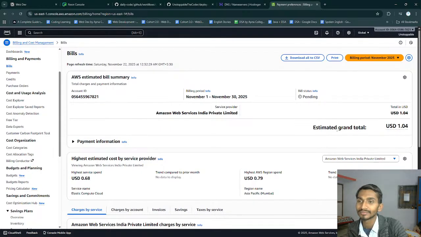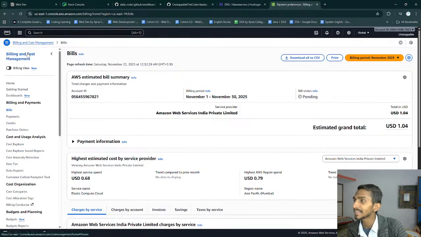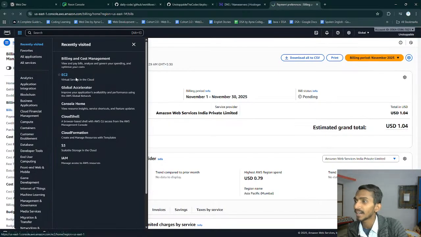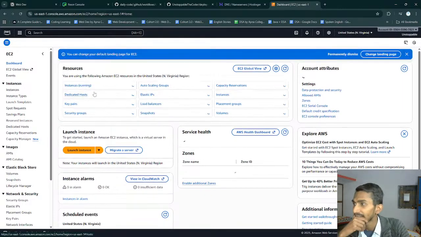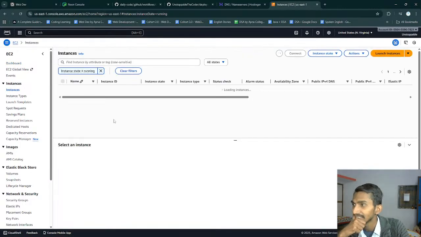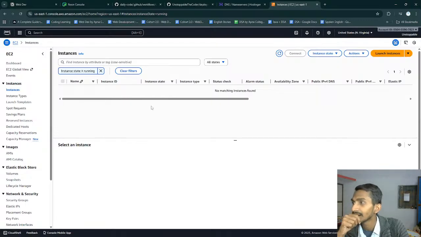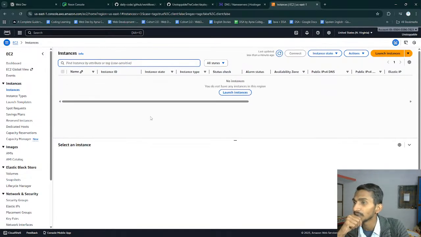AWS. And the biggest problem is that I used this thing. Let me have a look at that. Okay, it can actually reload. Okay, reload it, man.